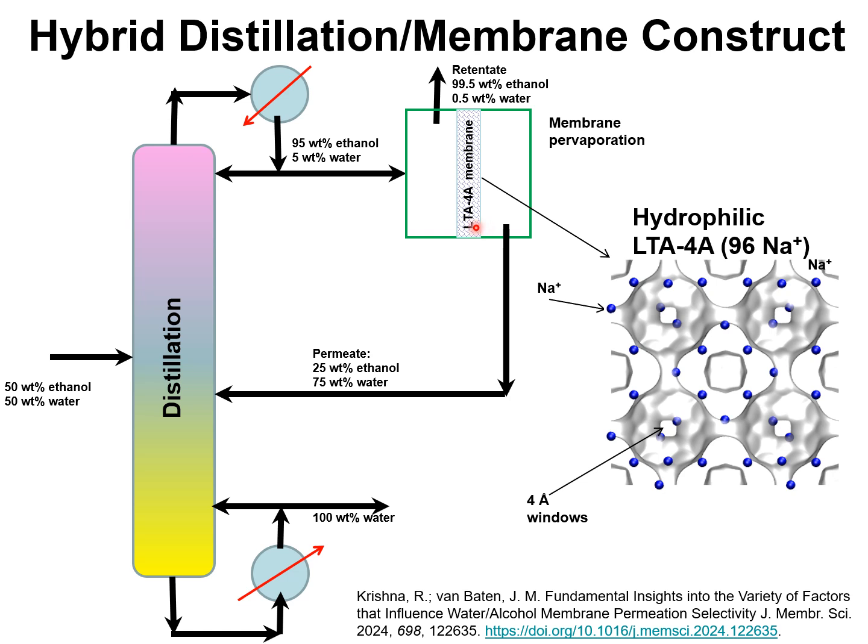The membrane layer could be a zeolite, such as LTA4A zeolite, that consists of cages separated by narrow windows of an aperture size of 4 angstrom. The windows are partially blocked by extra framework cations, and the permeation of water across the membrane is